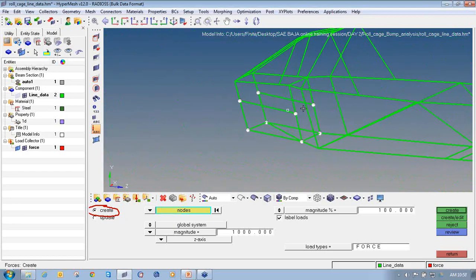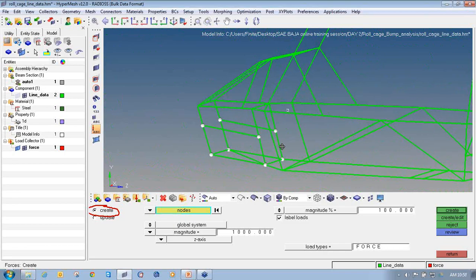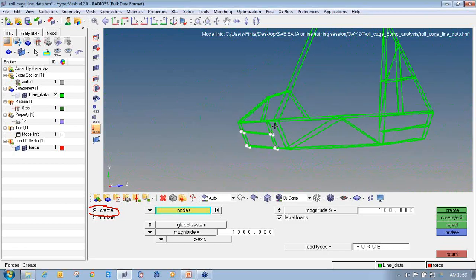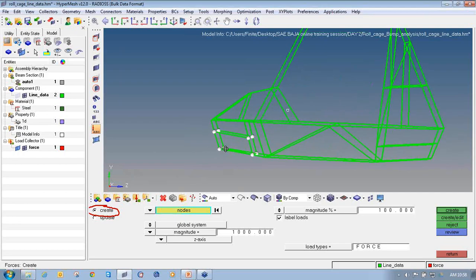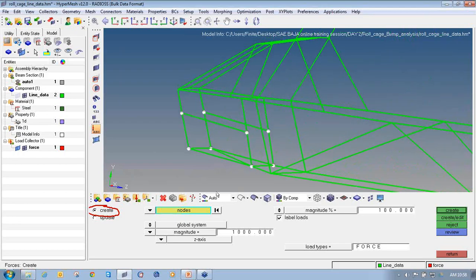So on these 8 nodes I am going to apply the force in y-axis, because y-axis is the upward axis for my roll cage. So you have to first check what will be the upward direction axis on your roll cage, and then accordingly you have to apply the force. So I have selected y-axis to apply the force.